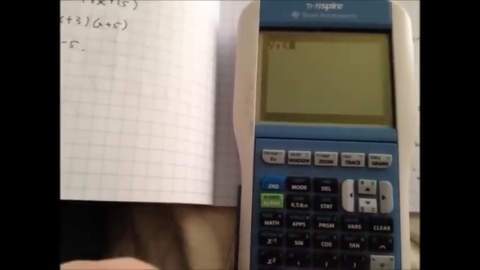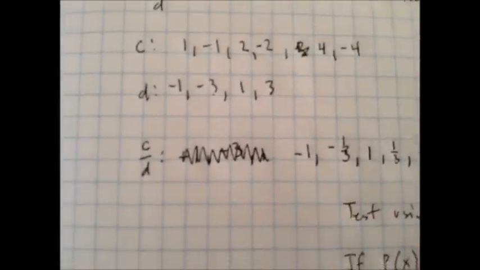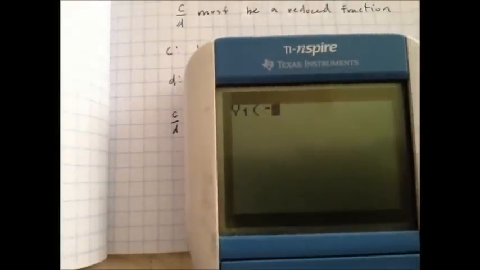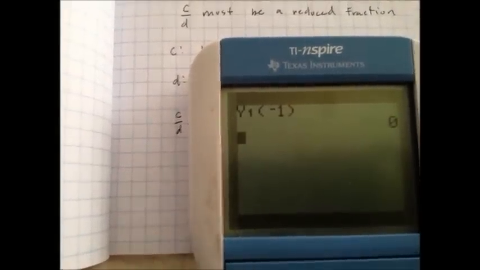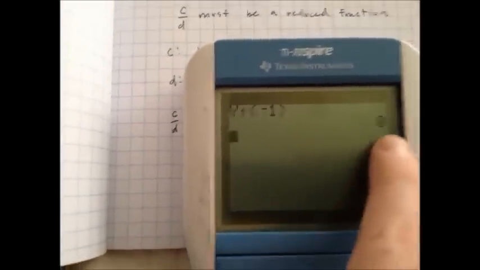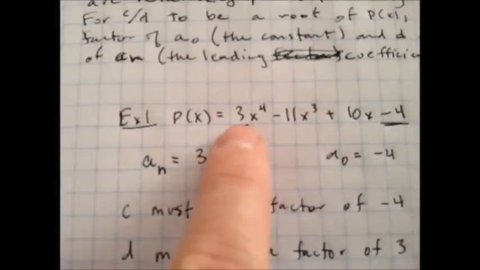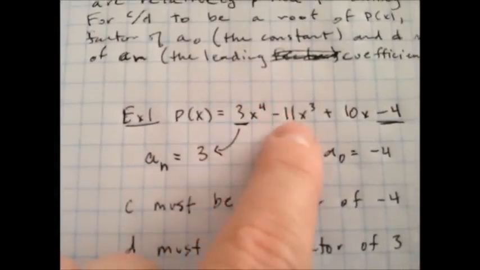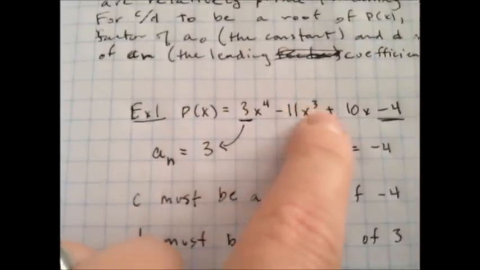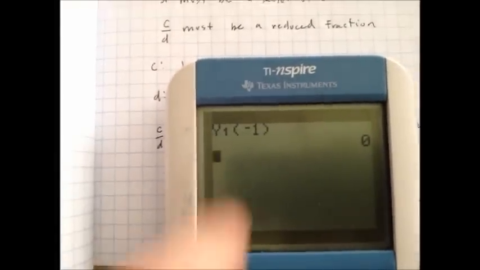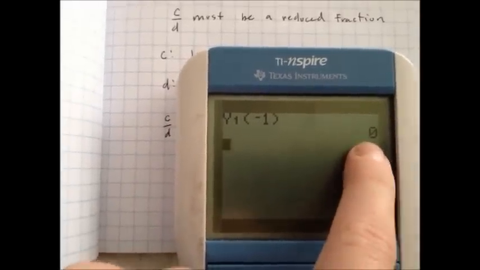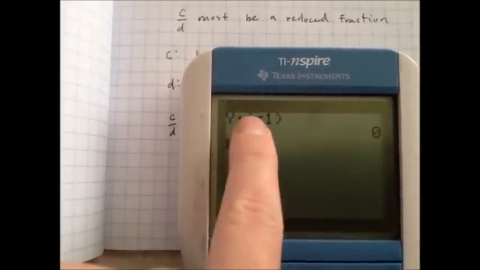Okay, then I'm going to do parentheses, and my first number here was -1. So I'm going to test -1. And look, y1 of -1, this ends up being, like, if I plugged in -1 to this right here, what the calculator did was it did 3 times -1 to the fourth minus 11 times -1 cubed plus 10 times -1 minus 4. And so what it does is it gives us that function value. So I now know that -1 is in fact a root because it